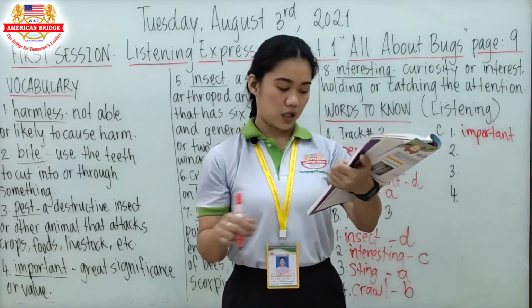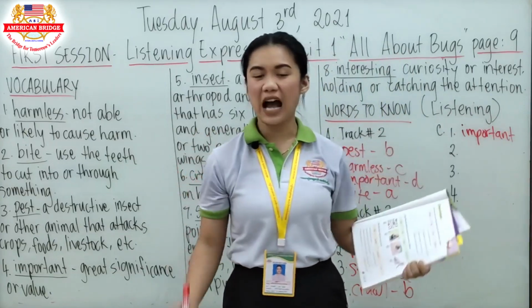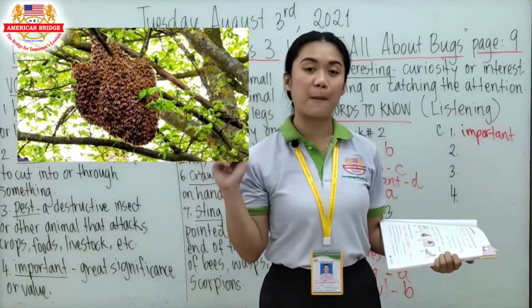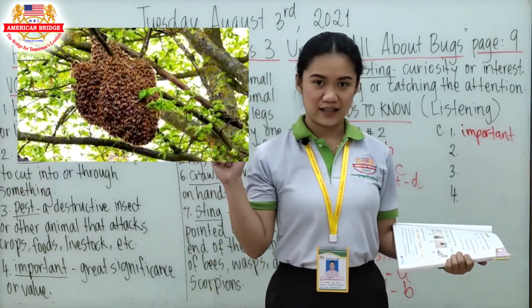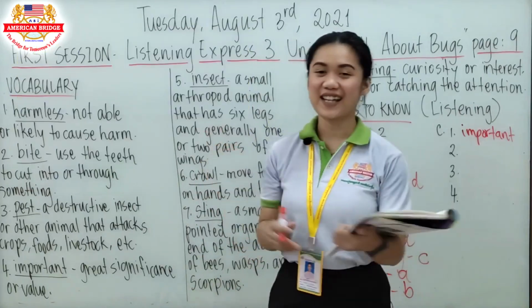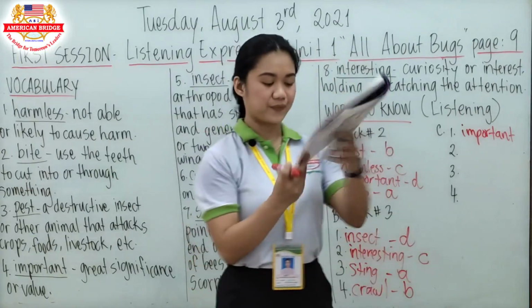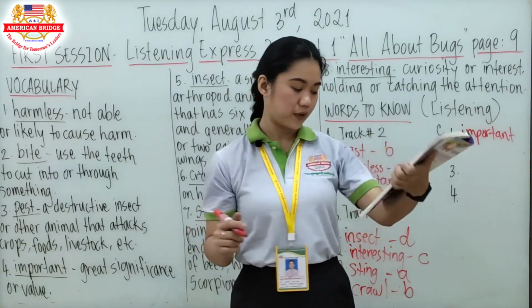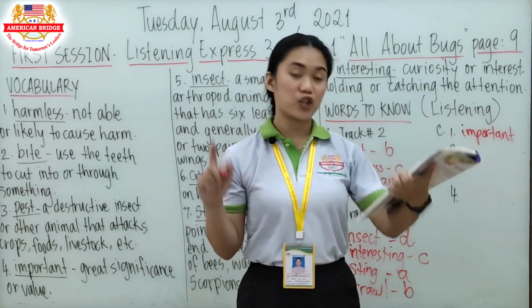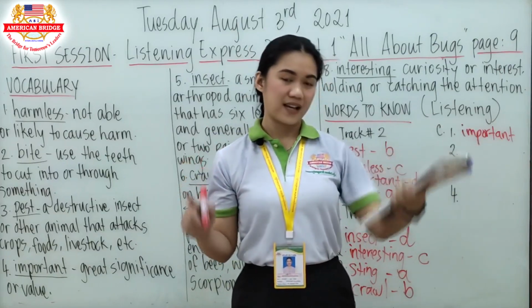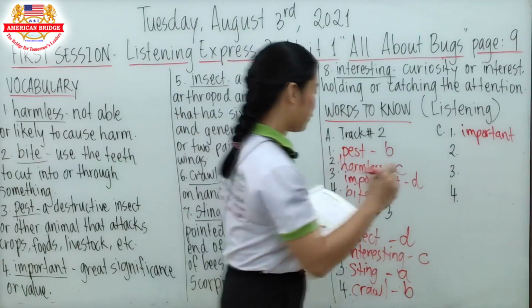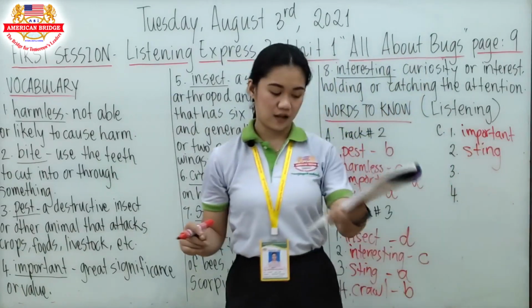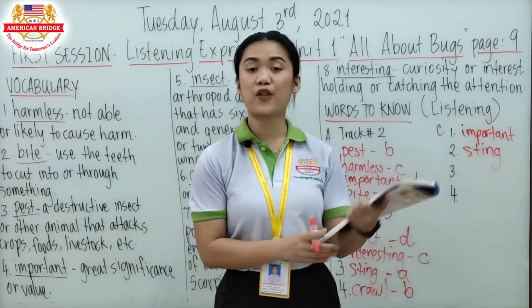Don't go near that hive. What is hive? You know what is hive? Hive is a place where the bees living. Yes, so this is hive. Now, let's read one more time. Don't go near that hive. I don't want a bee to sting you. So, let's write the word sting. Alright, next. Number three is